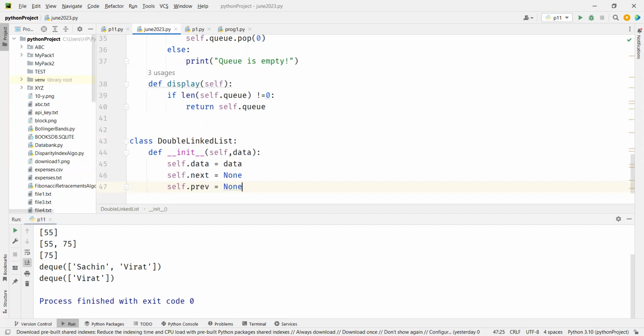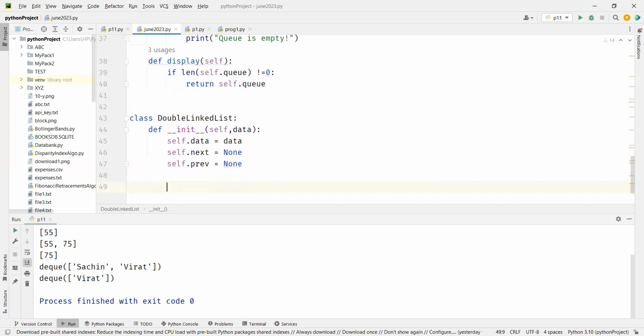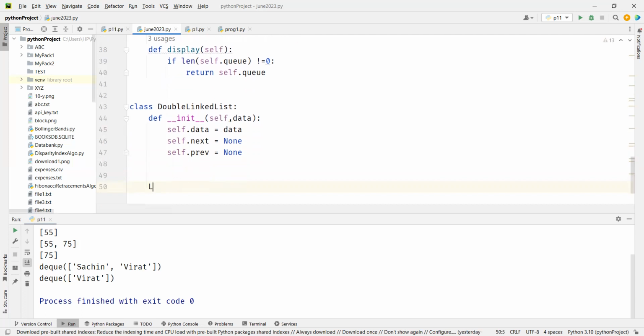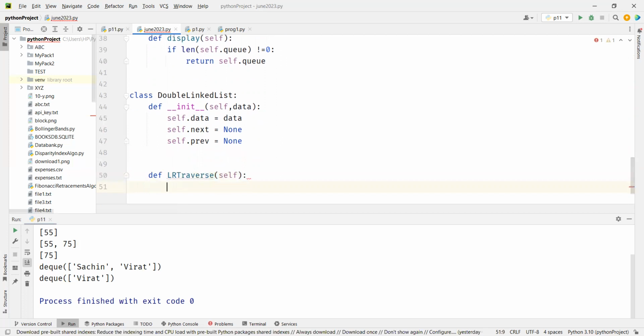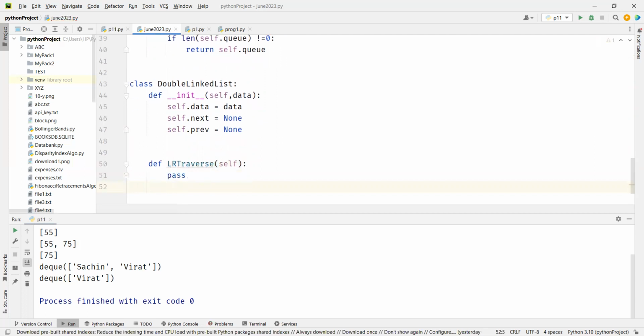So you can have LR traverse and RL traverse. So you create def LR traverse,